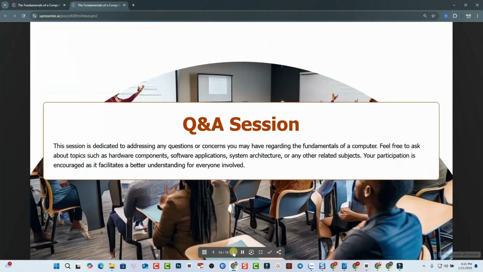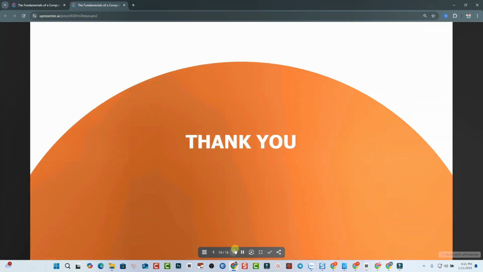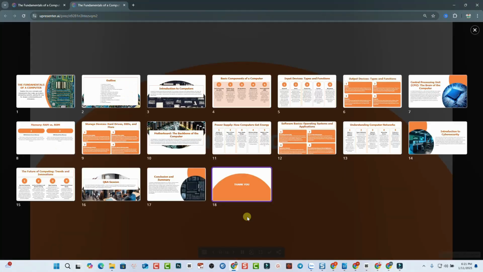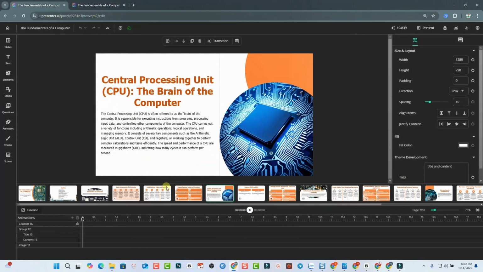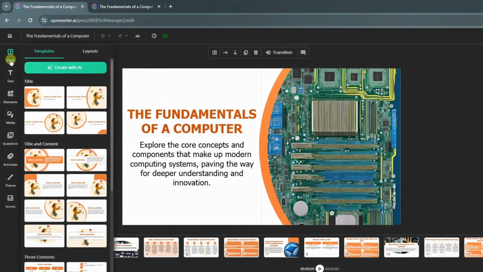Okay, so it is very detailed and it is very good conclusion and summary. Okay, thank you, and we can end the presentation. Go back to our workspace. So this is the first touch of the AI tools. It generates 18 slides for us, and we mentioned that we can correct the slide, or we can change the